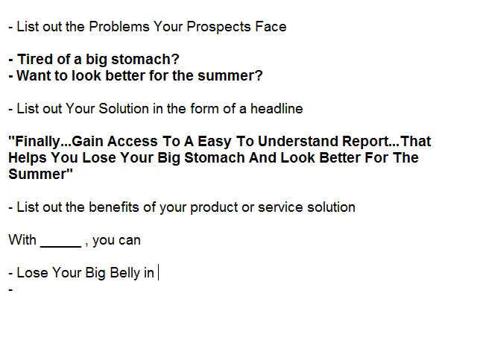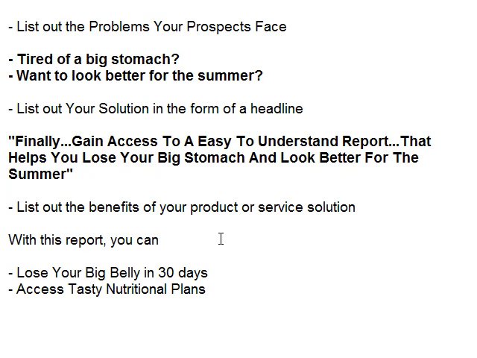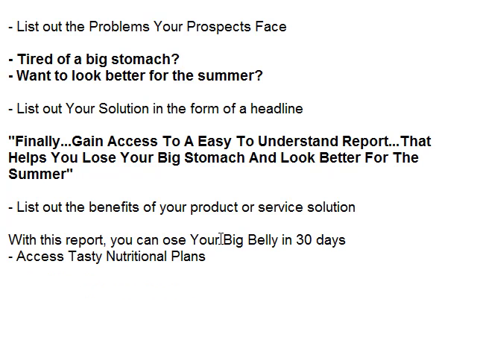In 30 days, access tasty nutritional plans. Because you've got to remember, people are thinking, oh, I don't know if I want to give up this, this, and this. But having abs is really about dieting. So you could say tasty nutritional plans. And then we could say, with this report, you can, well, put it all together, lose your big belly in 30 days,